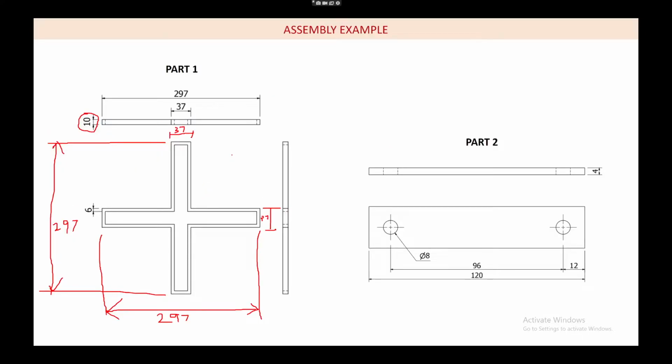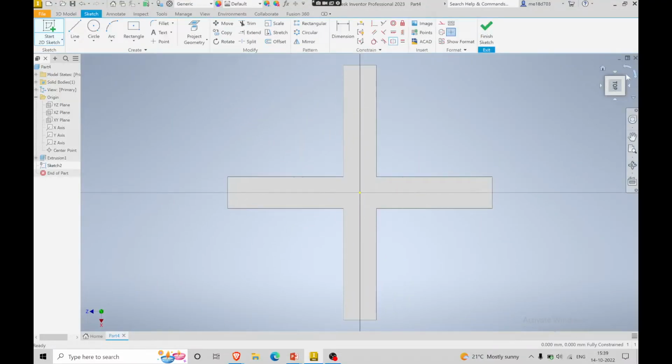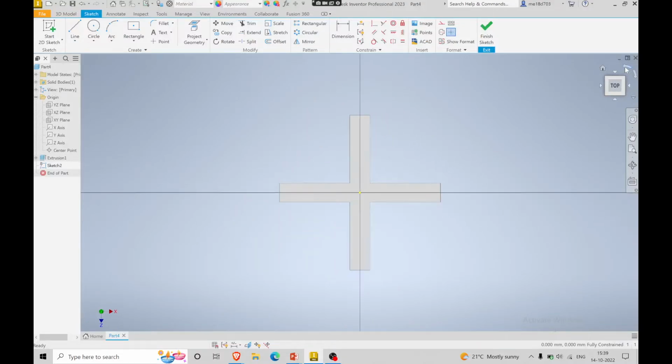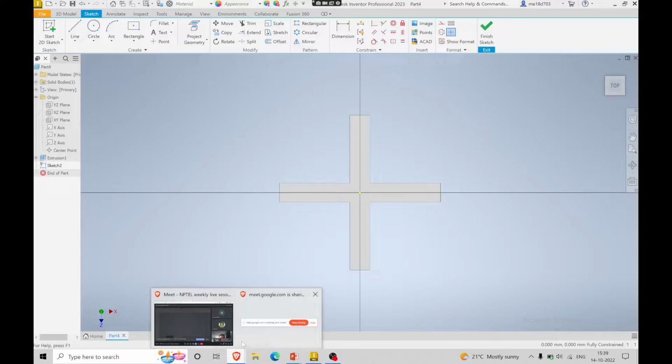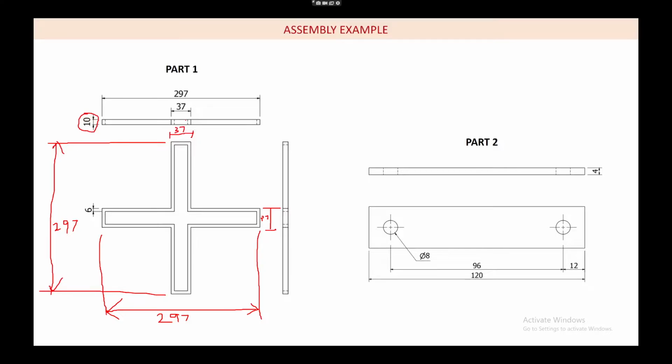So I am going to make a cut extrude. For that I am going to do one more sketch. I select this top, and again I make the rectangle. Before going into that, we have to see what the dimensions are. So we have to subtract 6 mm. So it will be 6 mm. This is also 6 mm. So inside will be